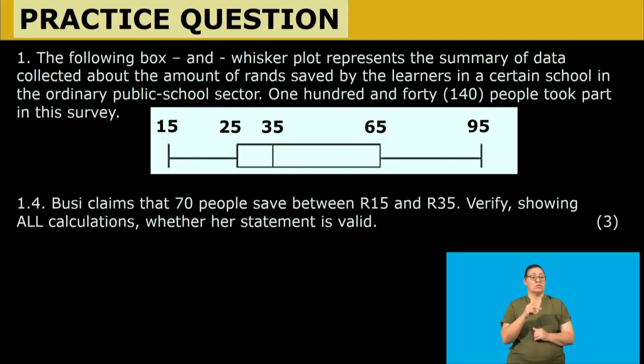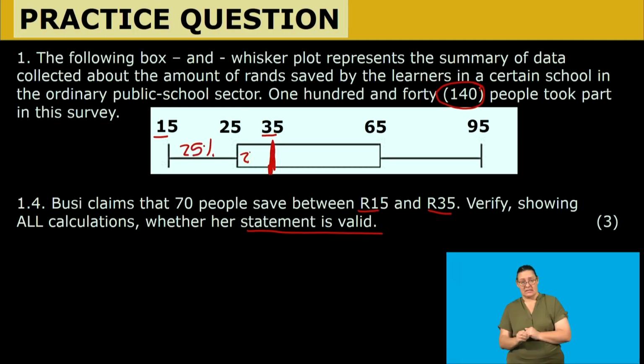1.4, Busi claims that 70 people save between 15 rand and 35 rands. Verify, showing all calculations, whether his statement is valid or not. So remember, there's a total of about how many people? 140 people. So between 15 rand, it is between this value and how much? And 35 rand. So it means up to here. And what percentage is this? Remember, this first part is 25%. This first part is 25%. So up to here, this is what this is,